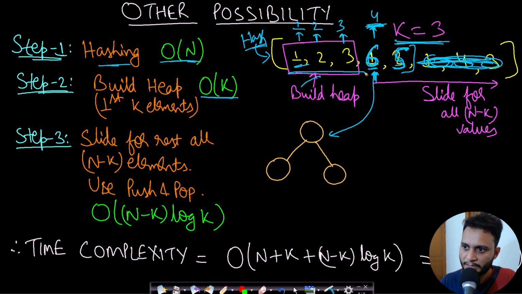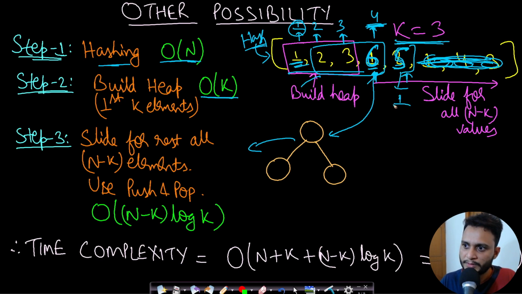And so some element has to go out, right? So which one will go out? The one which is having the minimum frequency. So 1 will get out. So now the heap will be containing 2, 3, 6. Let's move on to the next element. This is 5. Let's assume that its frequency value was only 1.